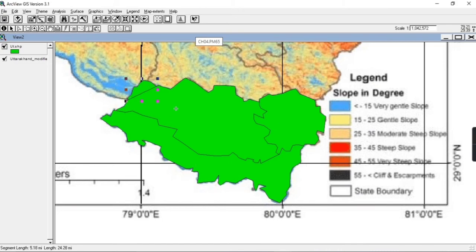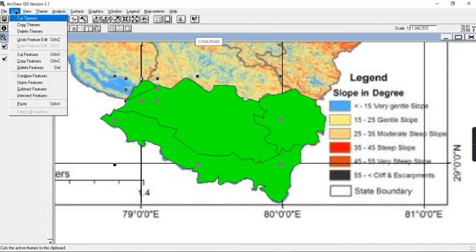Now in this district we have two polygons, so we have to merge them. For merging these polygons, we have to select this select feature and press the shift key on your keyboard and click at the boundary of both these polygons so that both will be selected. See, both the polygons have been selected now, and click on the edit.